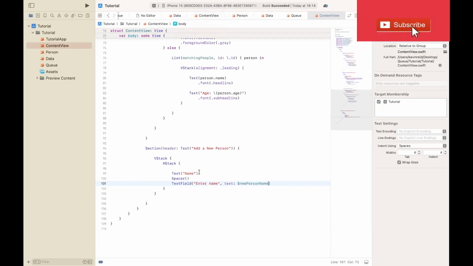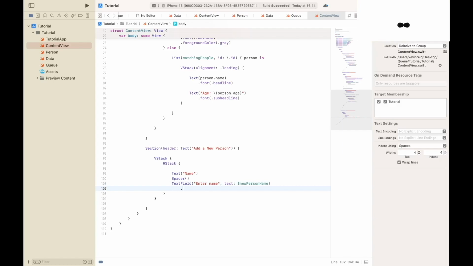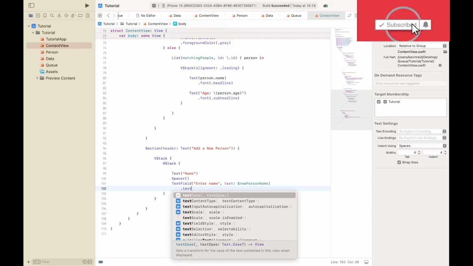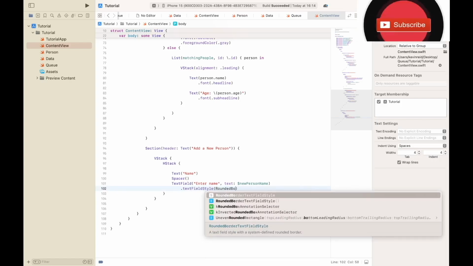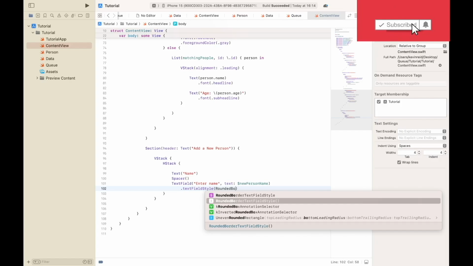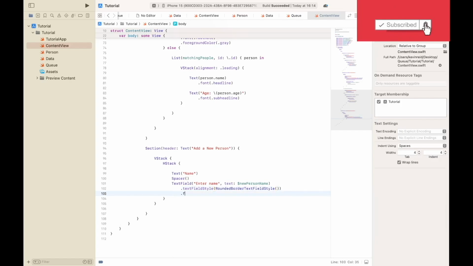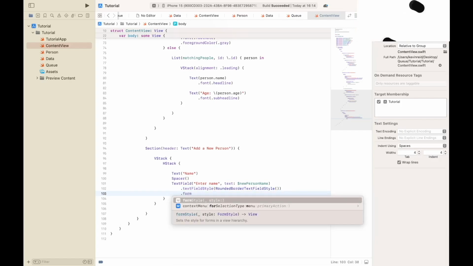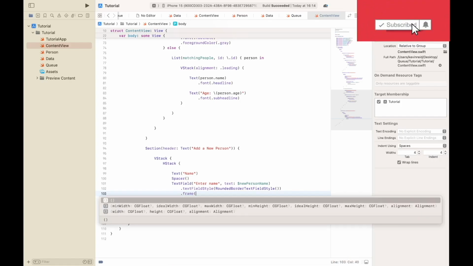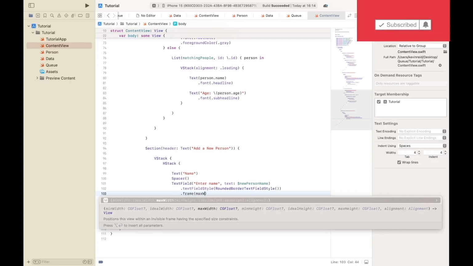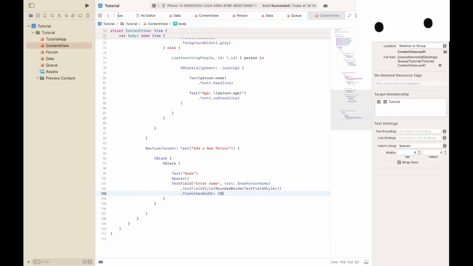And we do a similar thing for the age afterwards. TextField style, rounded border text style, .frame maxWidth 200,